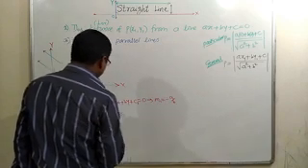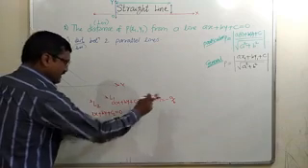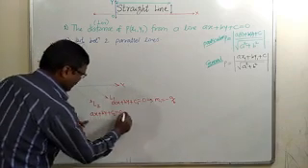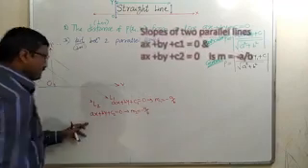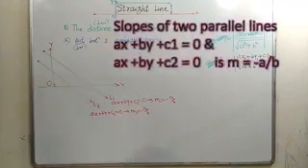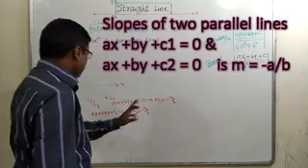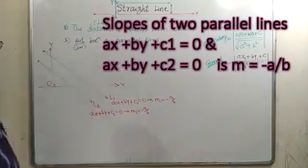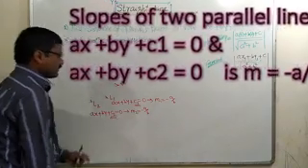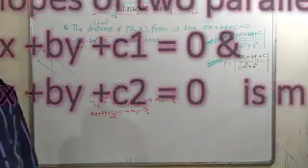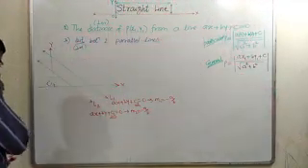minus a upon b, and this line is parallel to this, so the slope of this line should be minus a upon b. That's why we have to take the same a and b, because this m2 is again the same, that is minus a upon b. So these are the equations of two lines having equal slopes. So the lines are parallel, the difference is only in their constants. Okay, so these are two parallel lines.